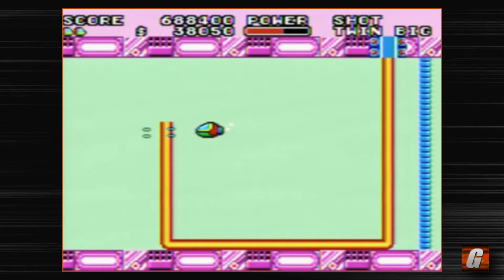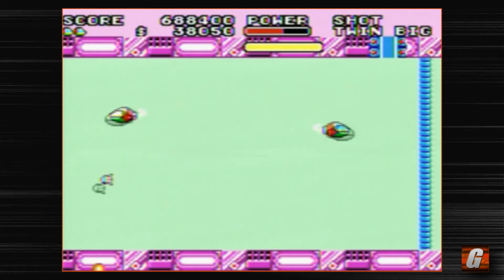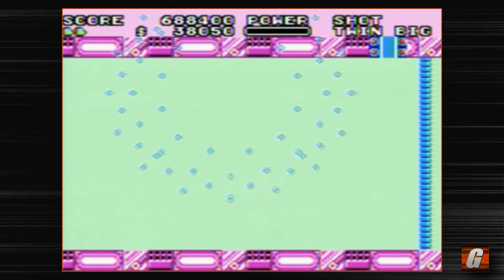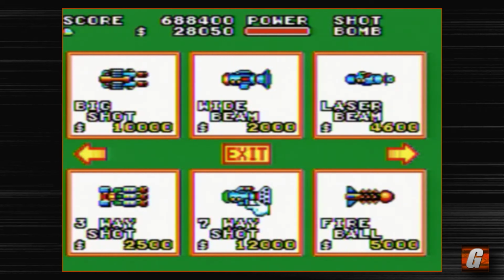Really? And there goes my firepower again. What a pain in the ass. God, man. I'm totally running out of cash here. I can't buy another extra life. I did buy a continue, though. But if I run out of money, what is a continue going to do me, right? So...